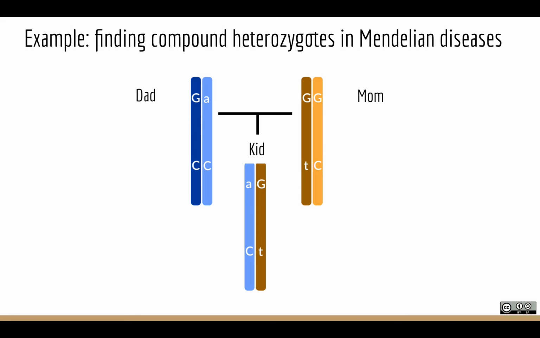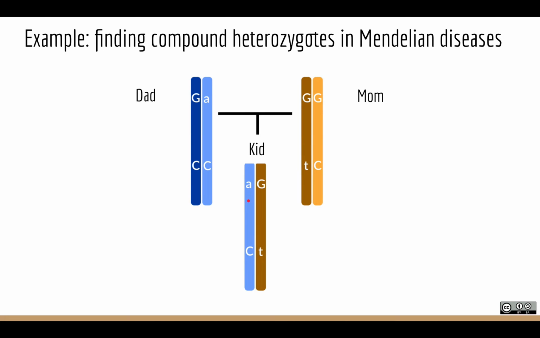And so the way this works is, imagine that we've got both dad's chromosomes here labeled as two different colors, one color for the chromosome that he inherited from his mother and one for the chromosome that he inherited from his father. Same for mom. But you notice that each of these parents are carriers. Mom has a deleterious T allele on this chromosome, and dad has a deleterious A allele at this site on his chromosome. So if a kid inherits this haplotype from dad and this haplotype from mom, which would happen with a 25% chance,